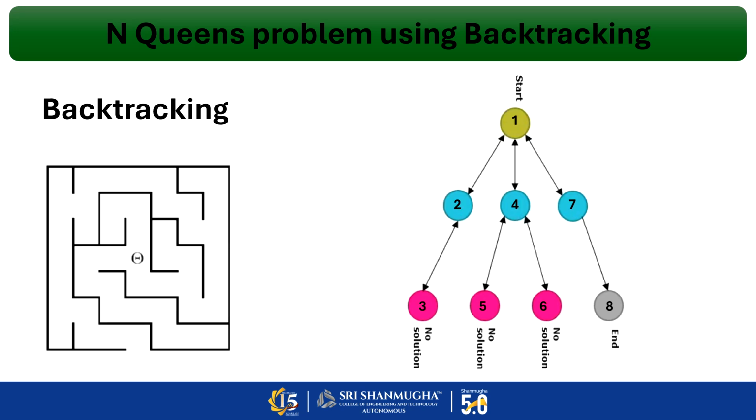You all might have played a maze. In a maze, we will be finding a path. In case that path is stuck somewhere, or we are unable to find a way, what will we do? We will go backwards, and then we will move forward. That is backtracking. Okay. So when you observe the picture on the right hand side, first I am starting from node